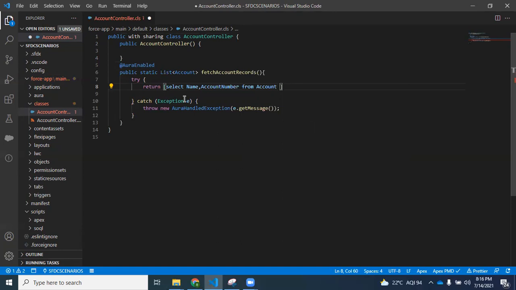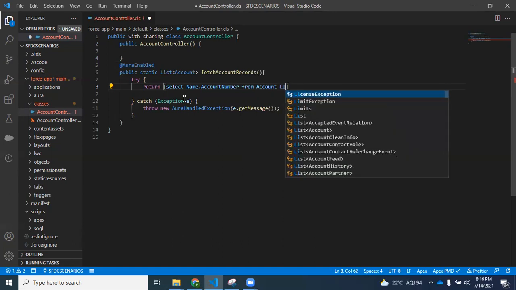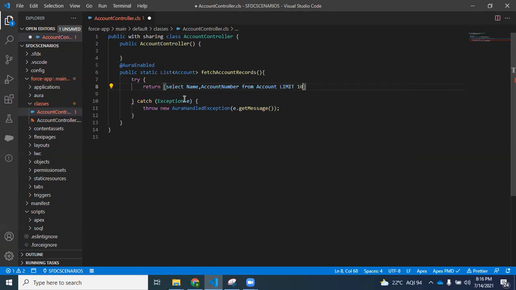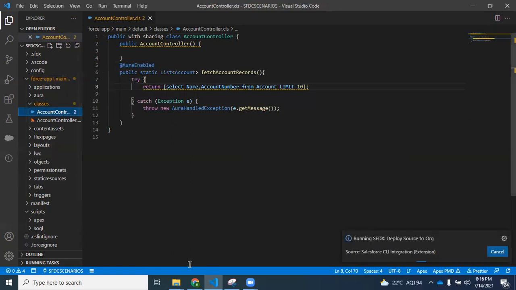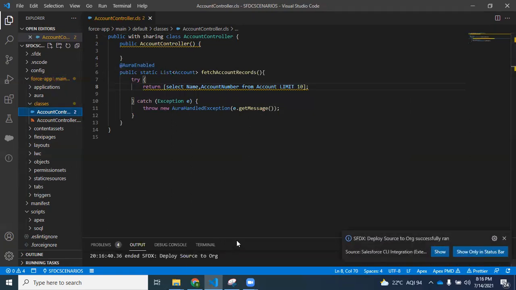By putting the limit. Since I want to display 10 records from the account object, I'll put limit 10. That's it. Let me deploy this code to Salesforce. So we have deployed the code to the source org.